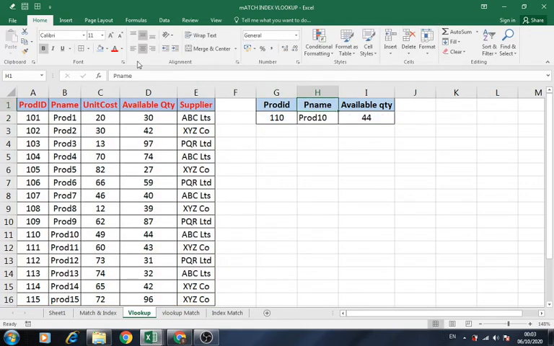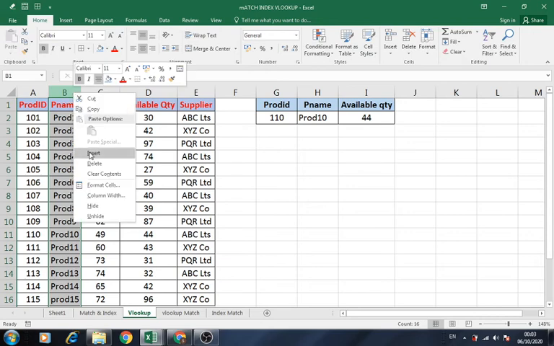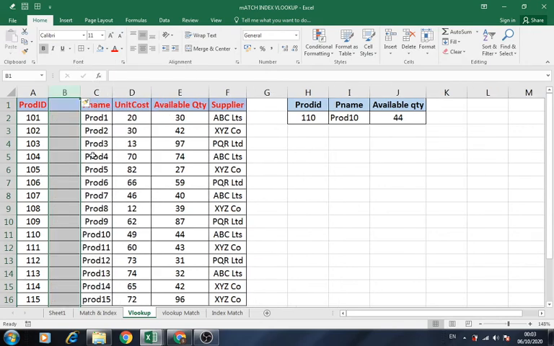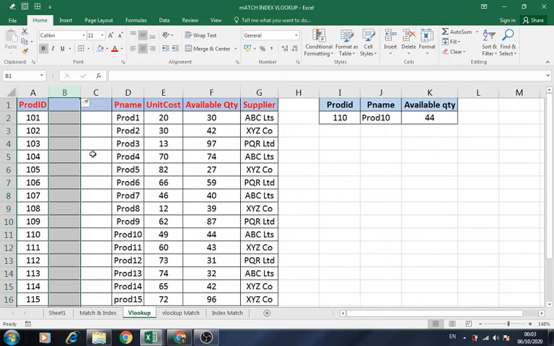based on this cell. Now I will insert one column, another column. See, the values are not changing. That is because when we were searching, we applied the match function on this product name. So it will search in this particular column headings, and whenever it finds that particular column value, it is going to pick it up. So if you are using match, you can insert new columns in your source data.